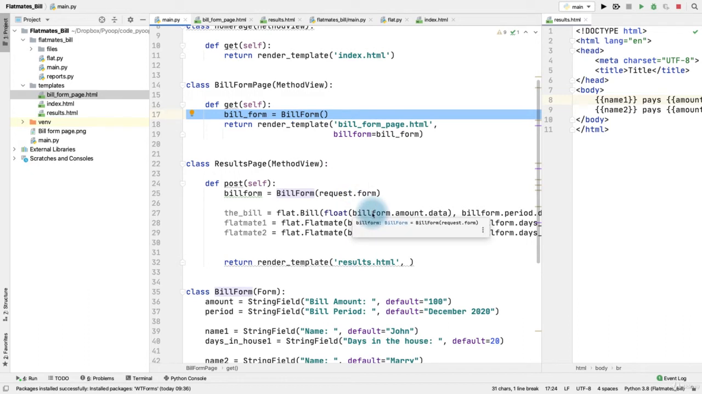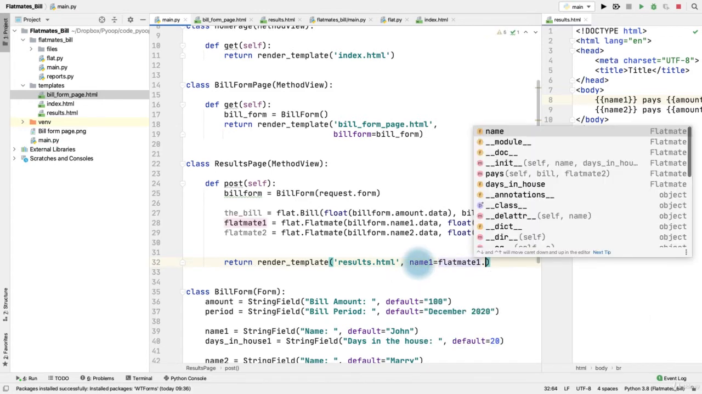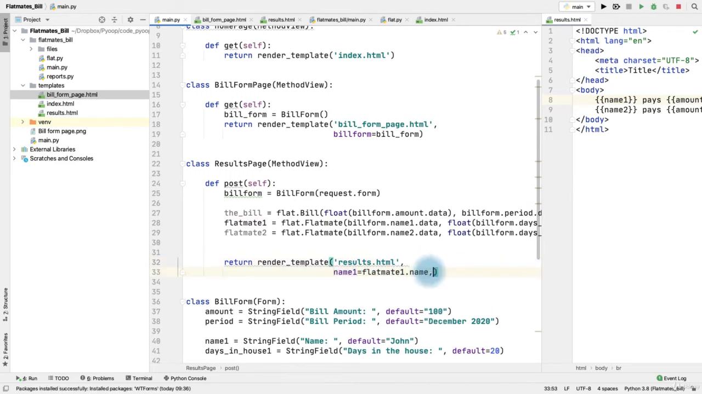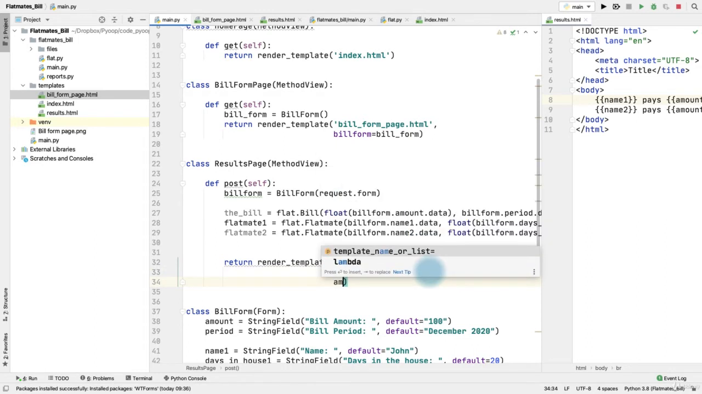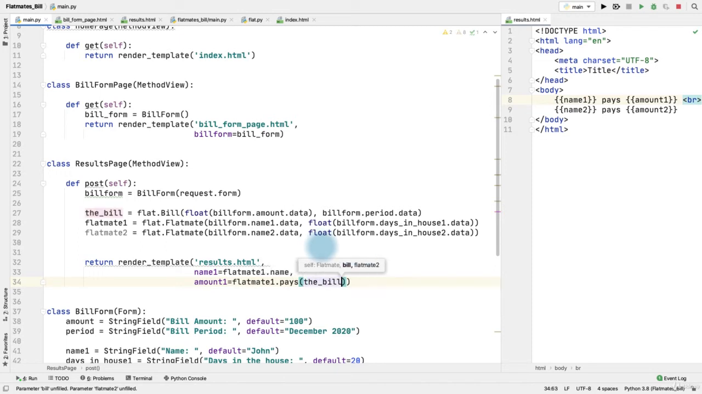Okay, so we do the same here, but this time it would be name1 equal to flatmate1.name. Let me split the line, a comma, split again, amount1 equal to flatmate1.paste. So we are executing that paste method, giving the bill and flatmate2, the bill and flatmate2 object instance. Right, then another comma,